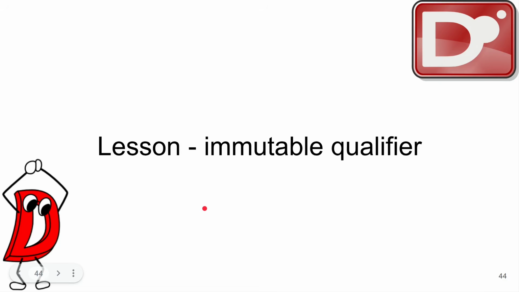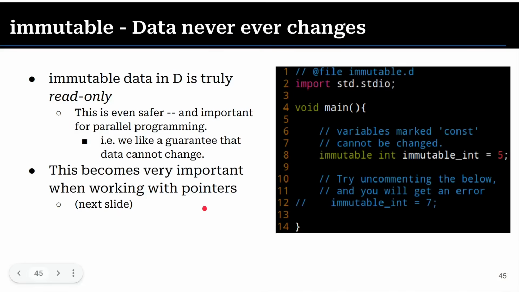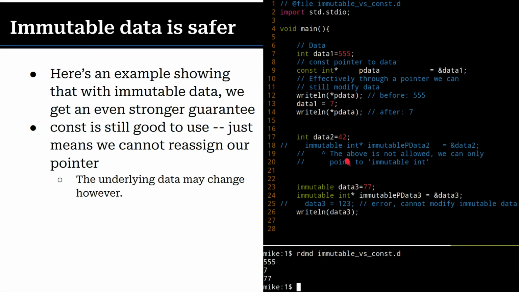All right, const, as we mentioned, we have this just like in C, so it should be relatively familiar. I'm going to leave that as is. It is transitive, but we have immutable. Immutable is a little bit stronger. And a lot of languages have chosen this to be the default. In D, it's not the default, or at least not yet. There are some flags where maybe you can play around with making that the default. But basically, immutable is stronger. It's much stronger. And basically, if I move a slide ahead, immutable provides stronger guarantees than const.